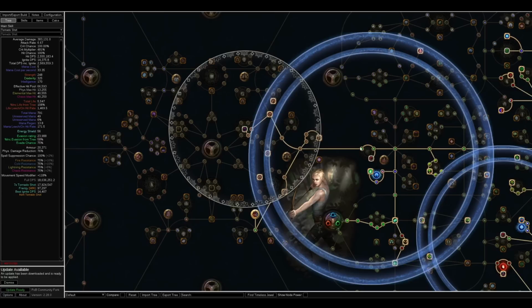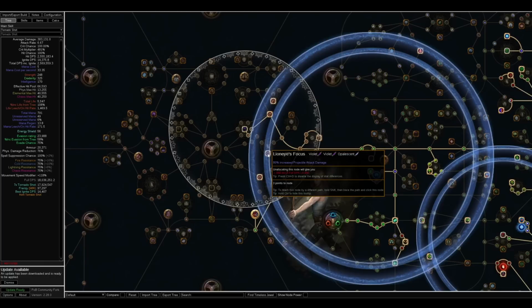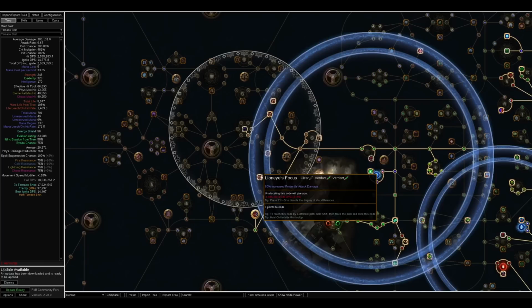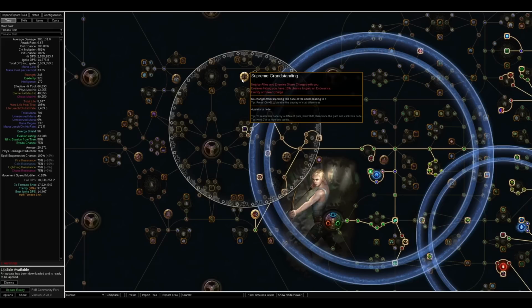I am also using a Massive Thread of Hope to get 3 notable passives, which is giving me 80 increased projectile attack damage, another 80 projectile attack damage, and a third 80 projectile attack damage. But if I was using a different build, or if I needed resistances and or power charges on crit, or a whole bunch of other stuff that Elegant Hubris gives, I could potentially increase my number of allocated passives from 6 that I currently am using all the way up to 11 if I were to use an Impossible Escape